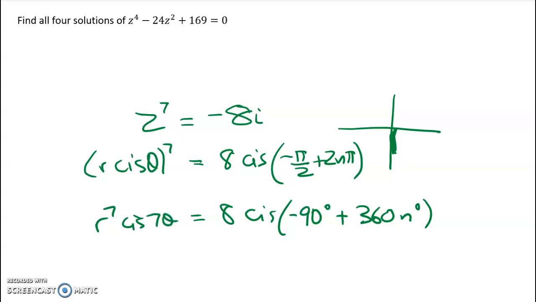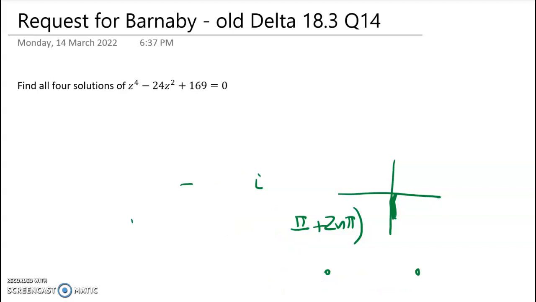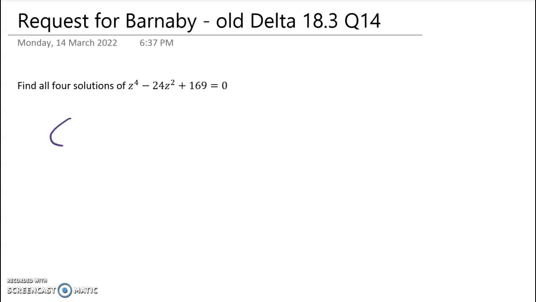Okay, so this question somehow feels different. The most common mistake you can make on this is to try and substitute polar form into the z in there, and you'll find that you get a humongous mess. So I'll show you how that goes. Barnaby, I suspect this is what you tried to do. So if you go like this,